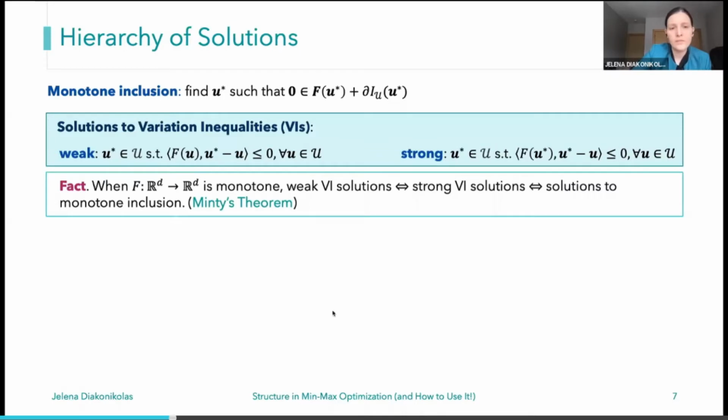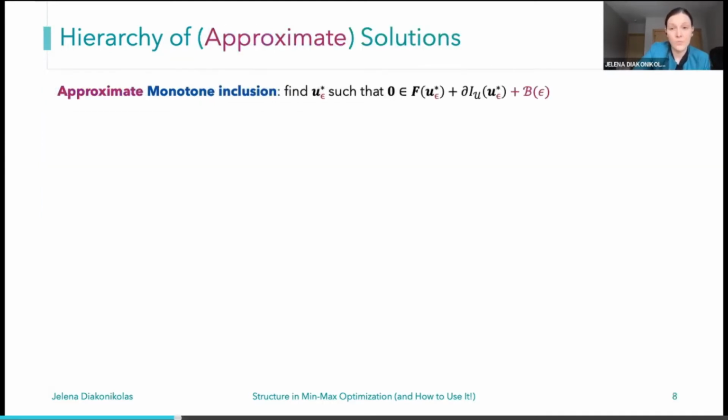Now, one of the most basic facts, if you look at these three types of problems, is known as Minty's theorem, and it tells us if we have a monotone operator, then it doesn't matter which one of these problems you're solving, all of these solution sets are exactly the same. So what's the point? Why even bother looking at different things? Well, we almost never solve any of these to zero error. So once you start looking into approximate solutions,